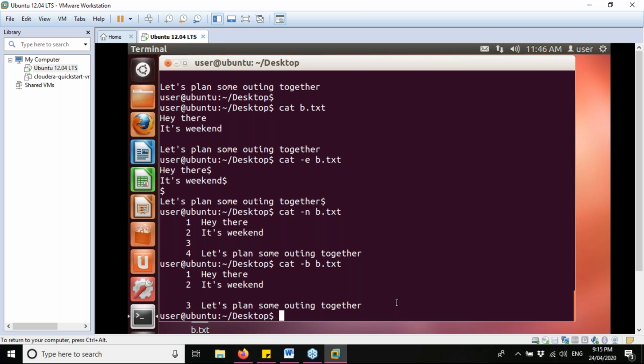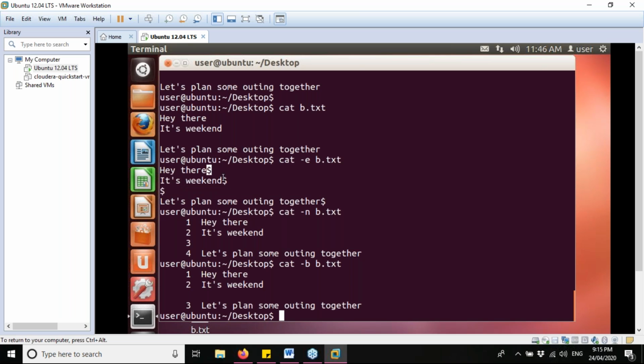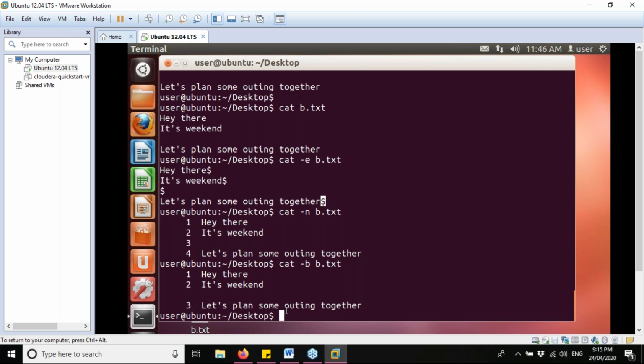All right, and see this cat space hyphen e b.txt, all the blank lines, it is shown as dollar, and also the endings of the lines, there is a dollar symbol. Okay, so guys, I would again spare a minute so that you guys run this very command, and please do that.